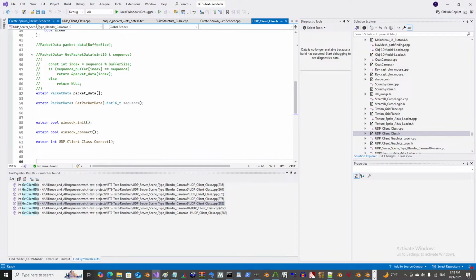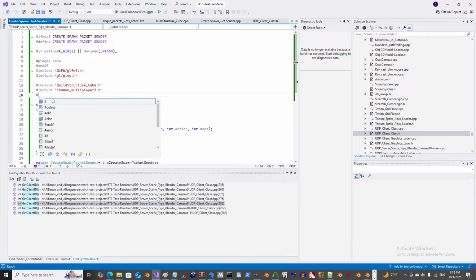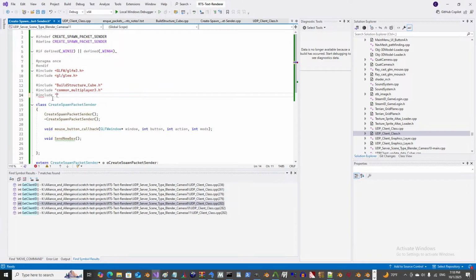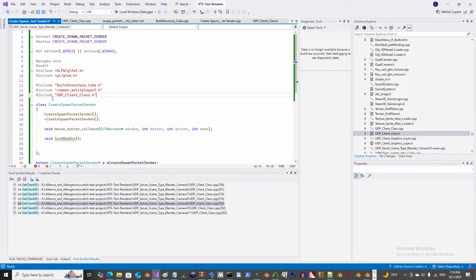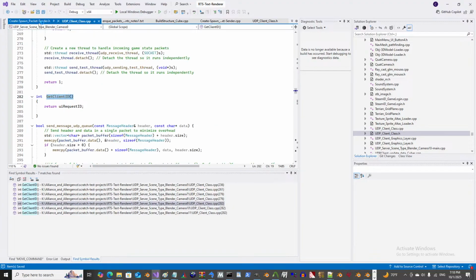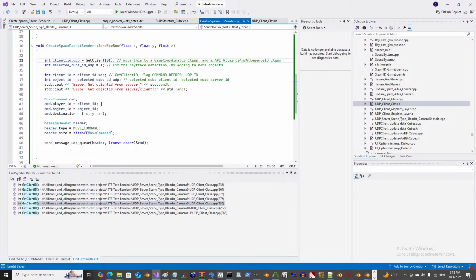Okay, so what we need to do is include it here. It's a networking / detection UI command. Just create spawn packet sender thing. What we're making. Include this. And that should satisfy the get client ID function, which we need. That's like the most important thing here. Yeah, so it does. Are we going to use it though? I don't know. Because if we look at